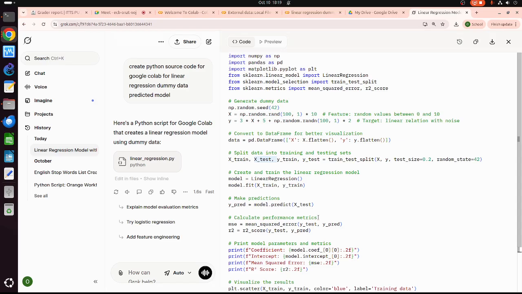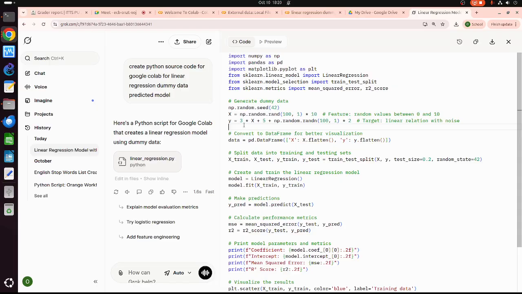Now, if we look at the code, basically I use sklearn linear model. We use the linear regression subroutine, and then I need to split the data. So basically, I generate 100 random data.